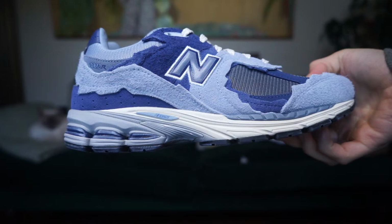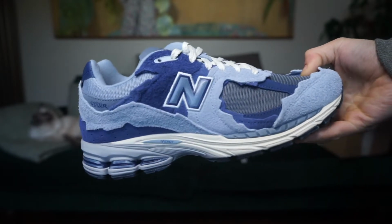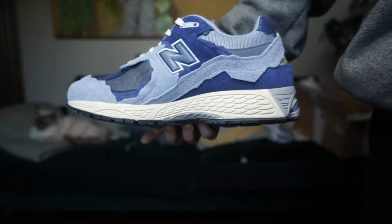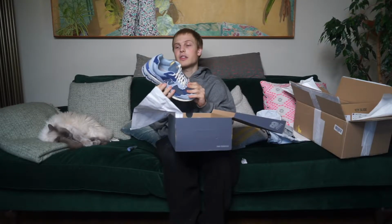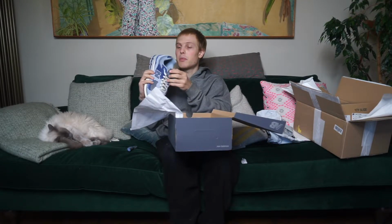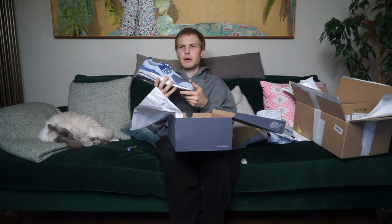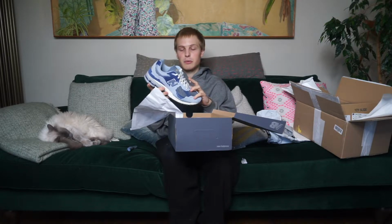You've got this kind of distressed midsole, then you've obviously got the end cap technology in the midsole, and because of that R model, it's got that distressing throughout with the lighter and darker tone of blue. Definitely think this one is better than the purple or pinkish one of the pack, and I should be able to move it around 170, 180. Only paid like 126 for it, so it should be able to make a nice